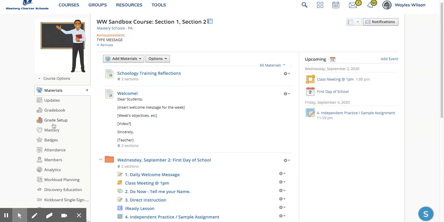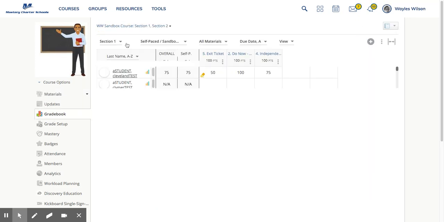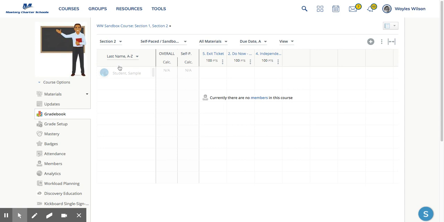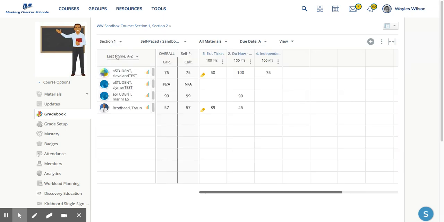The other big thing that you're going to see that's different is that when you get to your gradebook, you can see section 1 and section 2. So each of the students are going to be listed. However, you'll notice that your materials are going to be the same unless you differentiate which ones are